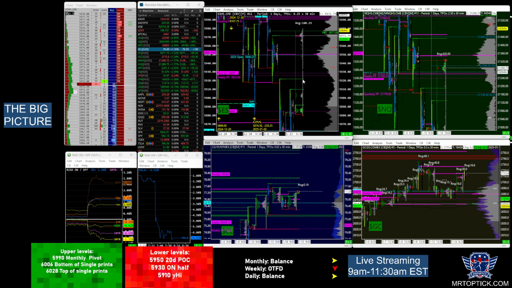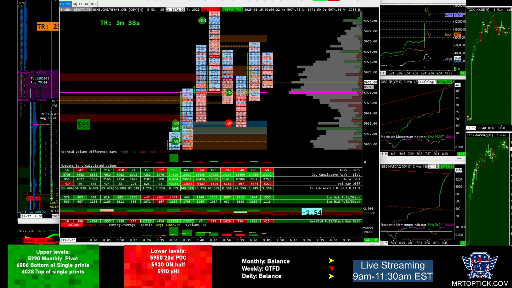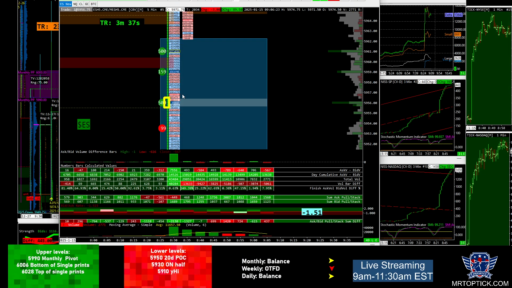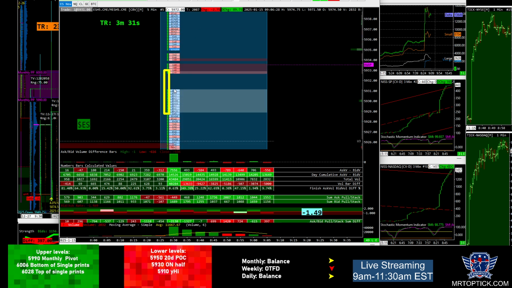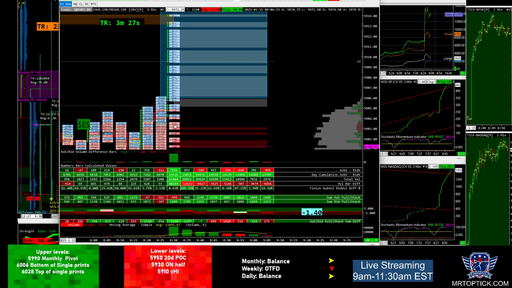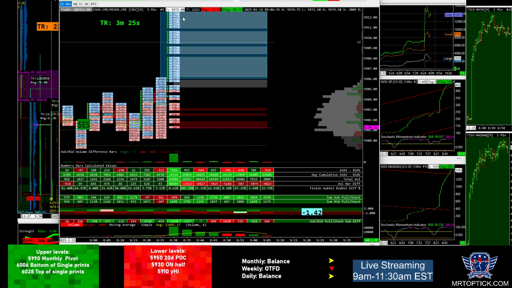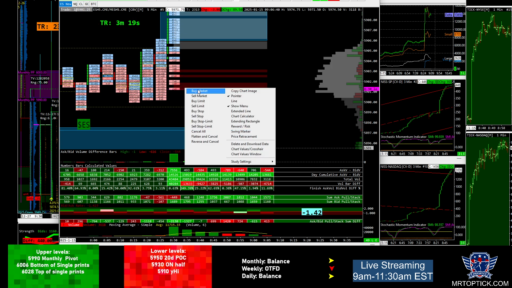Like on this spike, we did leave a bunch of poor structure. You can see here some gaps, another gap here, bunch of gaps, right? It skipped through a bunch of prices. So the market likes to retest these areas, the scene of the crime, we call them. So